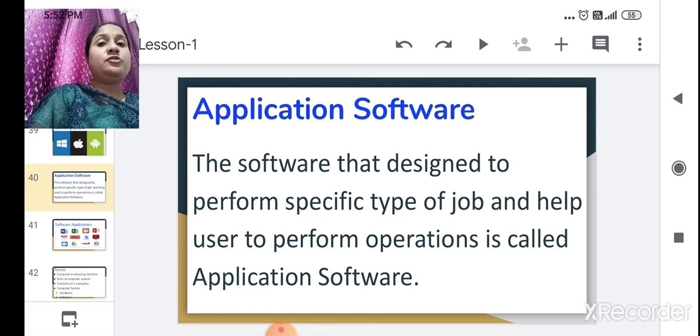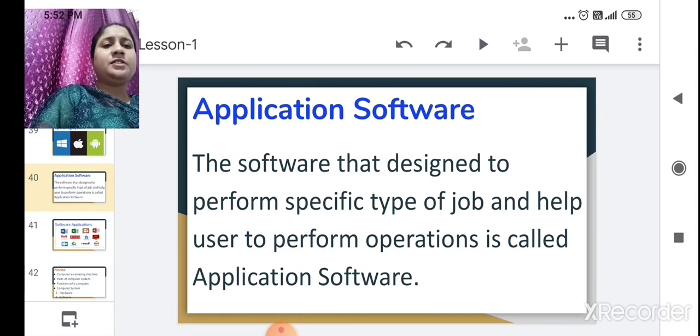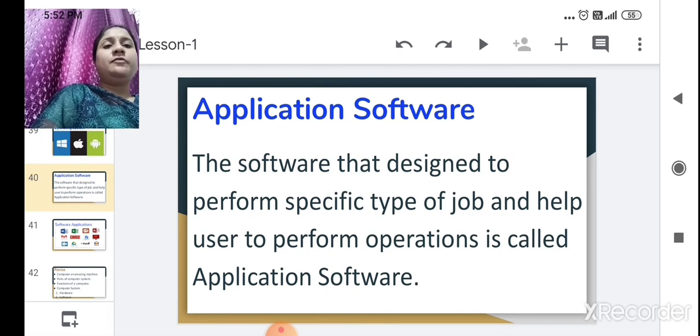If anybody wants to watch movies, what will they do? Media player is there. If anybody wants to access the internet, they will use a web browser, email is also there. These are some software applications that help the user to perform different types of operations. Okay, with the help of these applications they can do different work. Got it? And this application software is inside the system software, that is inside the operating system. This operating system will provide you all these application software.